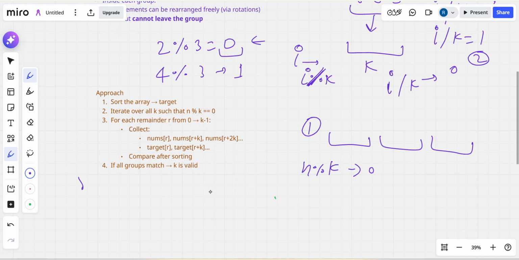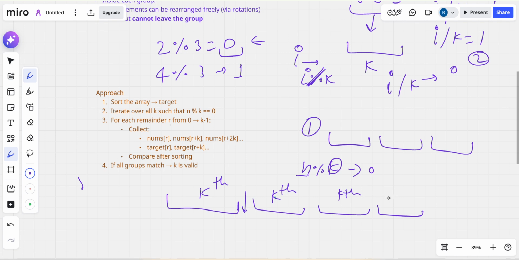What will be the operation? If this is the k that divides n, then we will divide the whole array into subarrays of length k. This is a k length subarray, this is a k length subarray, and so on. Because k divides n, no element will be left over.